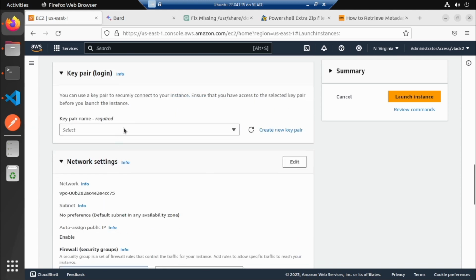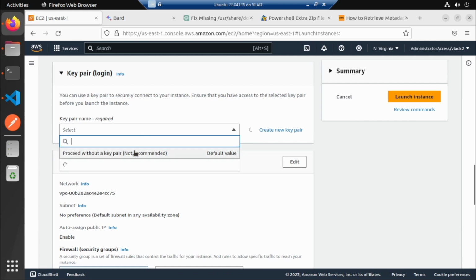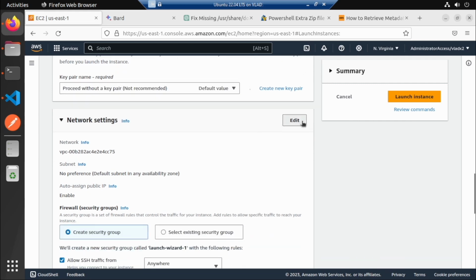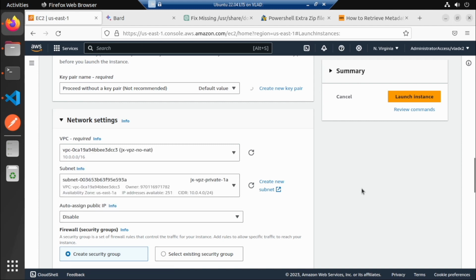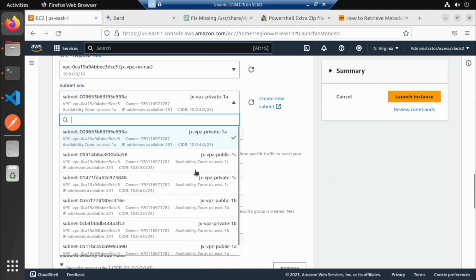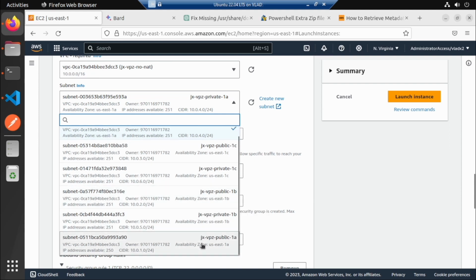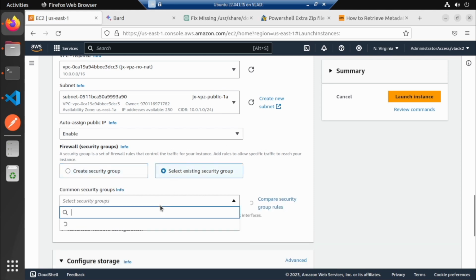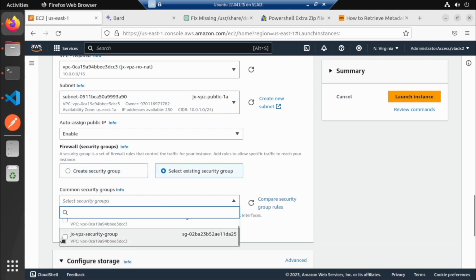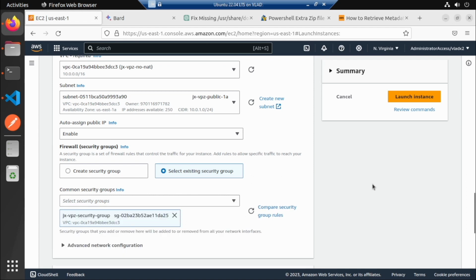And then we're going to set this one here, then no VPC, no NAT, I mean, and then public 1A, existing one is this one, this VPC,